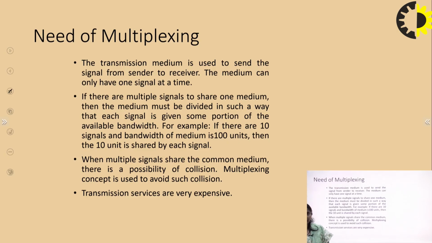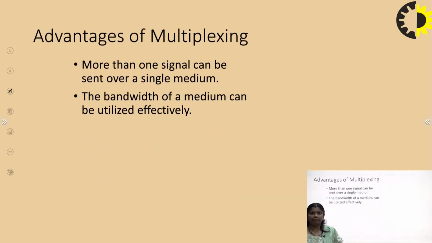Now, what is the need of multiplexing? Imagine there are 1000 or 10,000 stations over the network. We cannot afford to give all these stations a separate channel or separate transmission medium. It is very complex and very expensive. That's why we use multiplexing, so that multiple signals travel over, or access, a single medium.